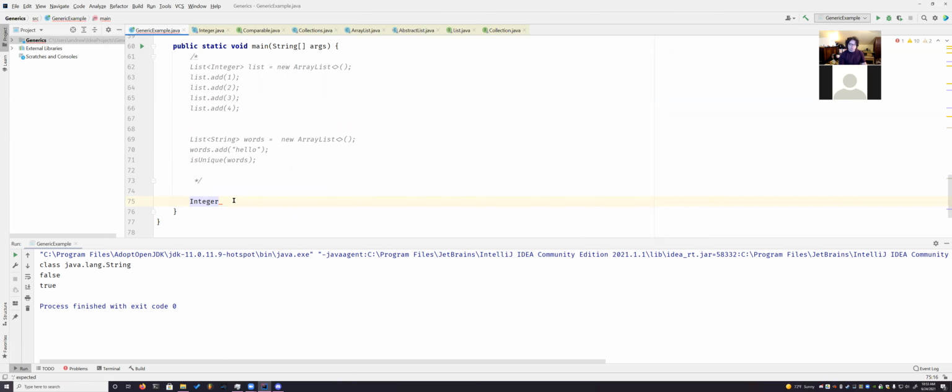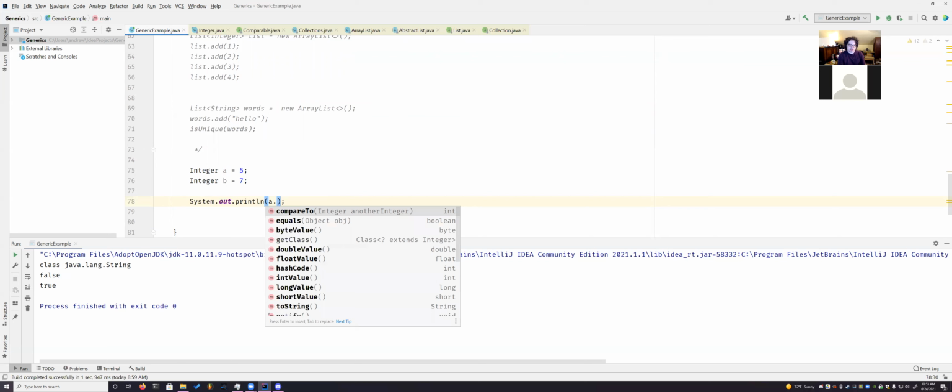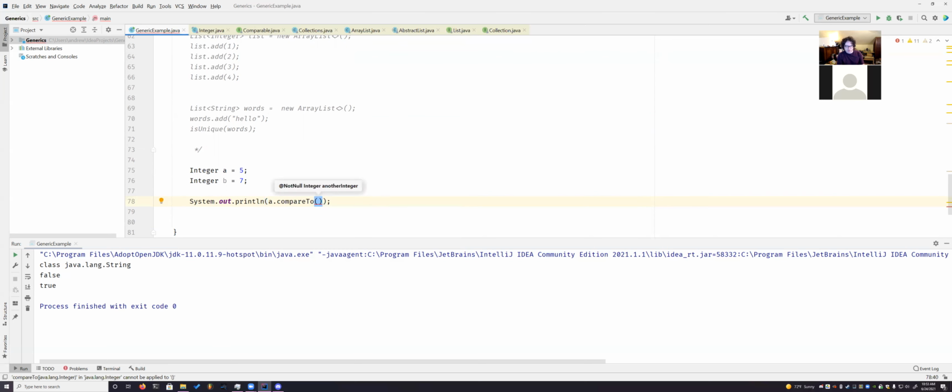So watch this. If I've got Integer a equal to, let's go with 5, and Integer b equal to 7, here's what we can then do: System.out.println, and because they're integers, we can do a.compareTo, which compares it to another integer. So I'm going to compare a to b. If I run this, I'm going to get